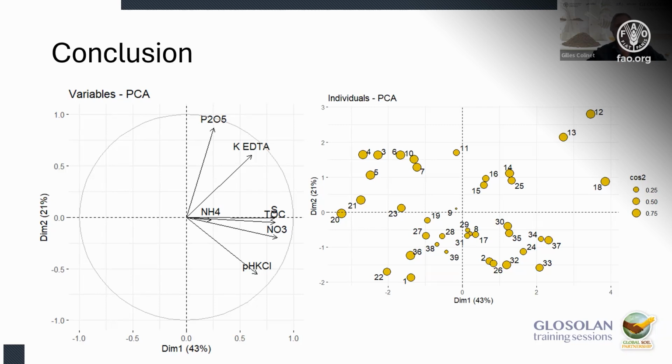PCA analysis in order to see where are the correlations between the elements. If you look at that, we have a kind of gradient regarding these elements, and we added the pH and the TOC that were measured by Vito. If we look at these elements, we see that the 40 samples are located on the gradient, where here we will find the richest soil samples, and here the poorest soil samples, because all the variables at this moment are pushing the